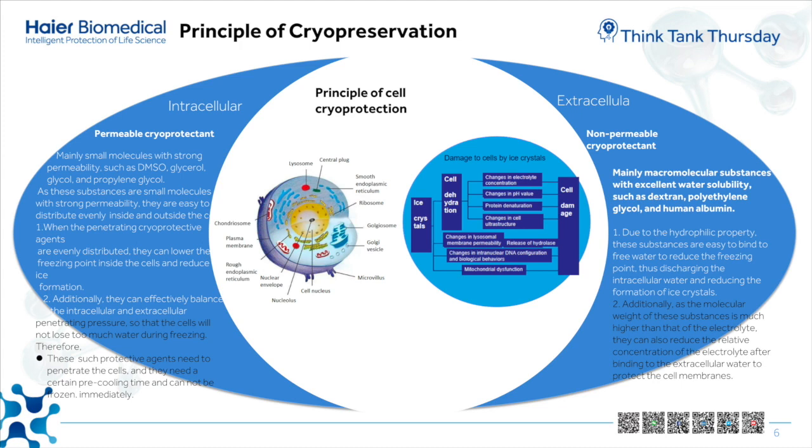Cryoprotectants are easy to combine with water molecules in the solution, thus lowering the freezing point and the formation of ice crystals, and reducing the osmolarity by changing the concentration of the electrolyte in the unfrozen solution, so that the cells are protected from solute damage. There are 2 kinds of cryoprotectants: permeable